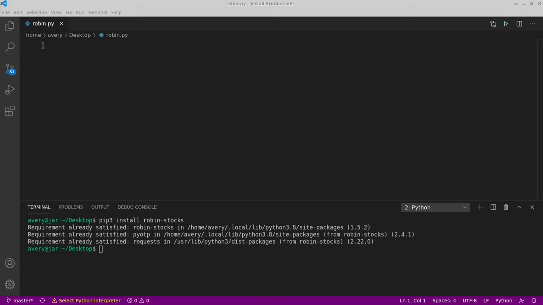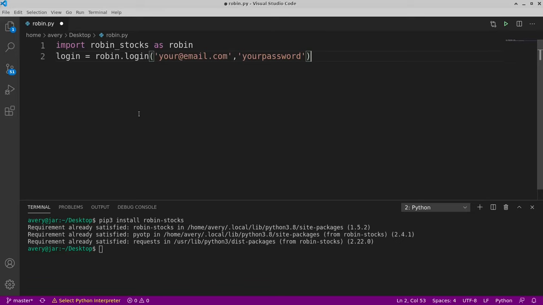So what I've got going right here is this. You'll want to import the library, and I'll call it as Robin to make it a little bit shorter. Most of the documentation and examples just use R, but I decided to do it as Robin. You want to type your email and your password into this login function. Then run it with Python 3.8, or whatever version of Python you're running, and then the name of the file. If you run that,